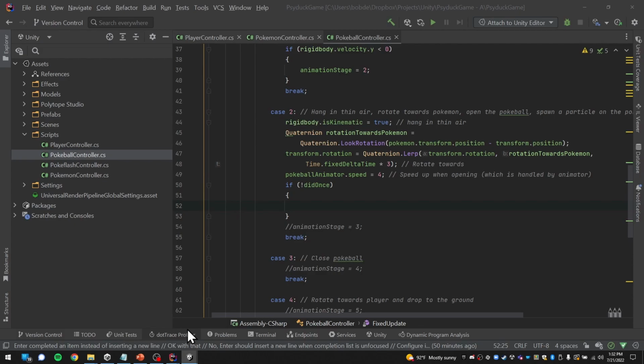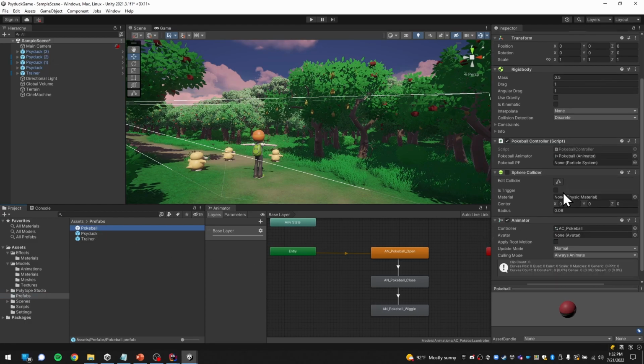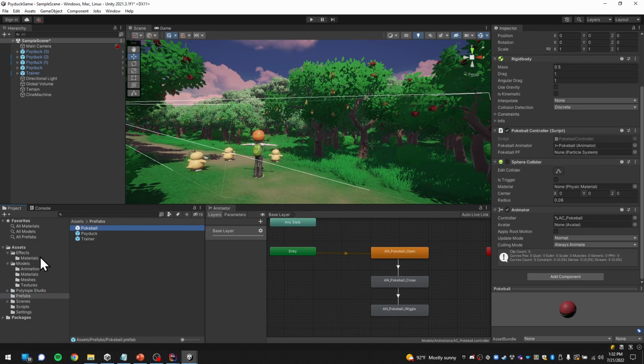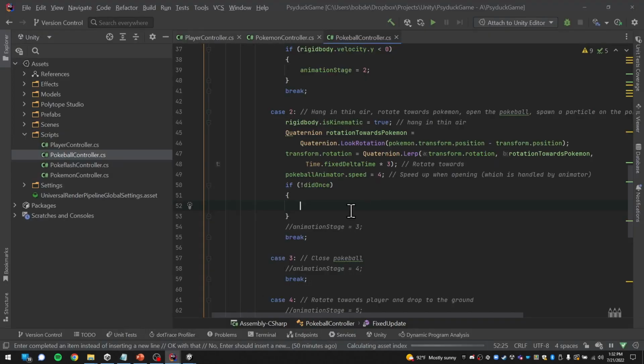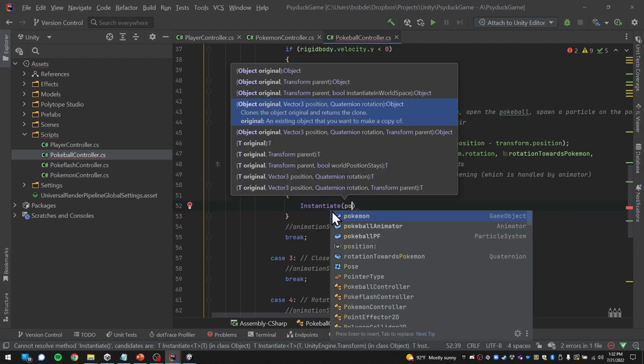All right. We're compiling or assembling or whatever you want to call it. Now we don't have an error, and now it should be visible in the script. So if we go to our prefab now for our Pokeball, there should be room for a particle system there. So then we can go to effects, plug the Pokeflash in there, and now that's hooked up, and we can continue. So what I want to do is instantiate a Pokeflash